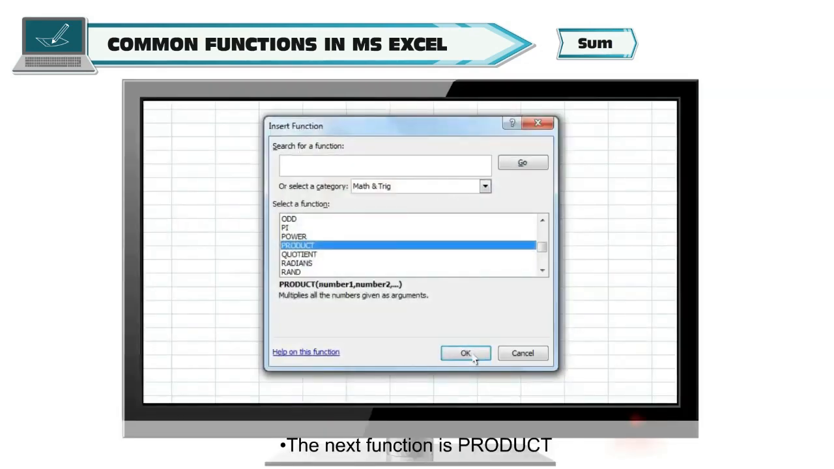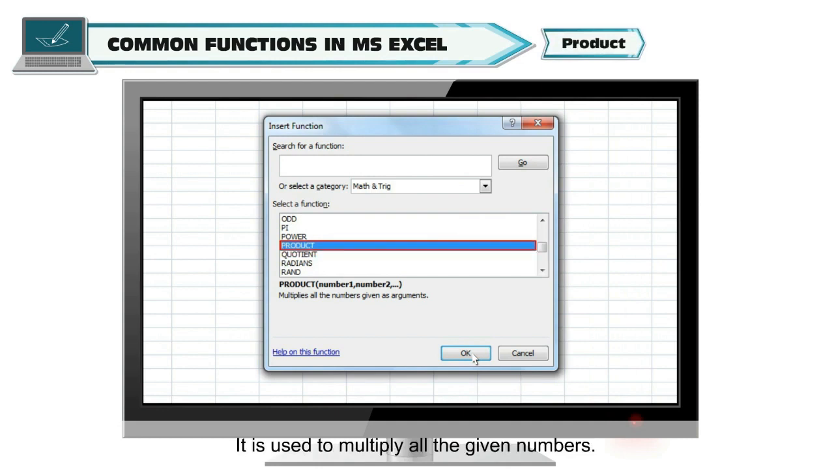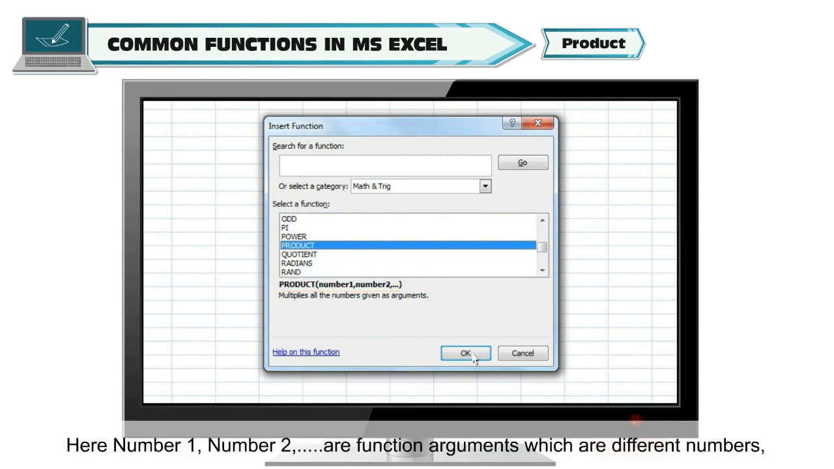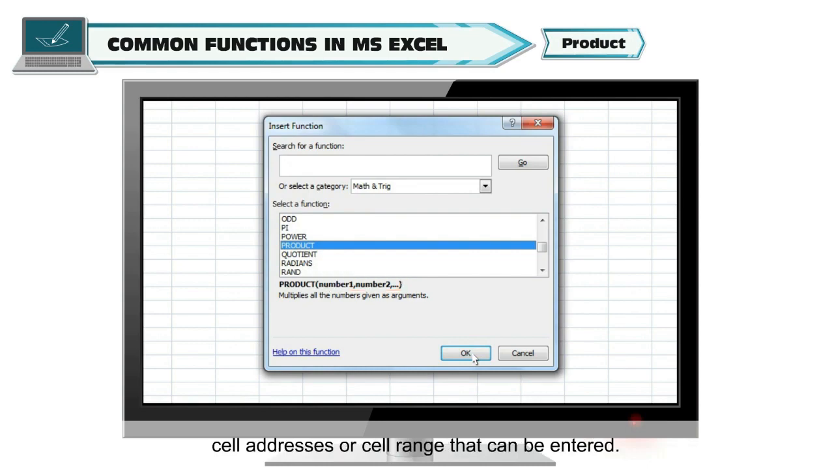The next function is product. It is used to multiply all the given numbers. The syntax for this function is equal to product and then number 1, number 2 and so on within brackets. Here number 1, number 2 and so on are function arguments which are different numbers, cell addresses or cell range